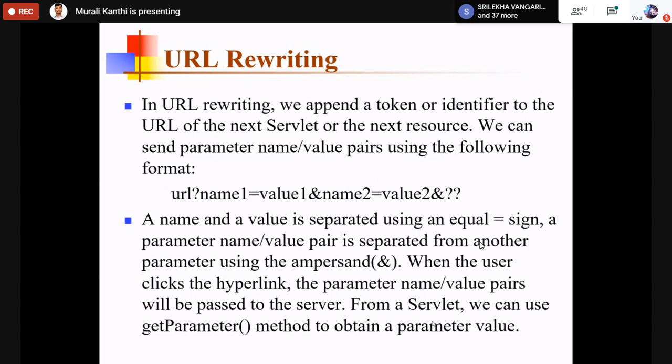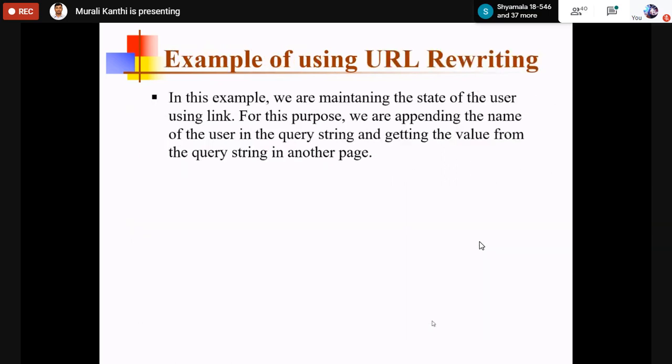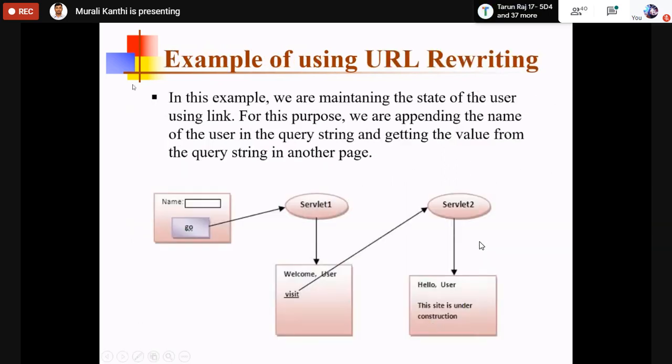After the URL, whatever information is there can be taken, and the server will process that. Rewriting means appending, writing again. Here we'll see an example. One form is submitted to the server, so the server invokes servlet 1.